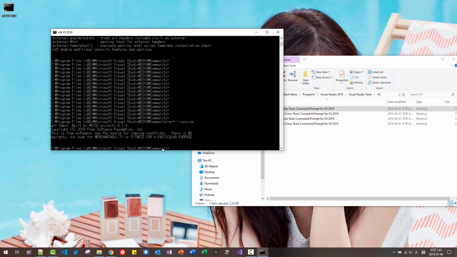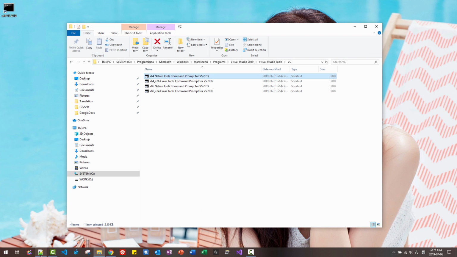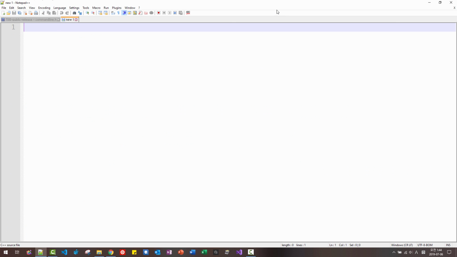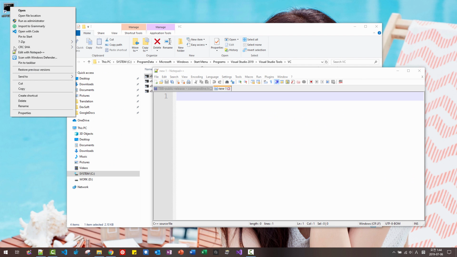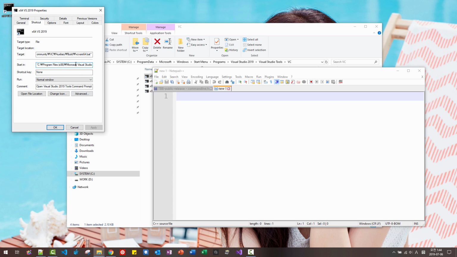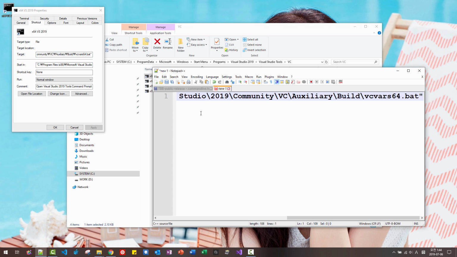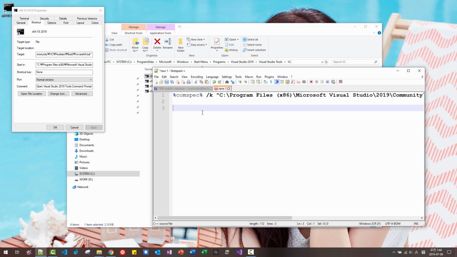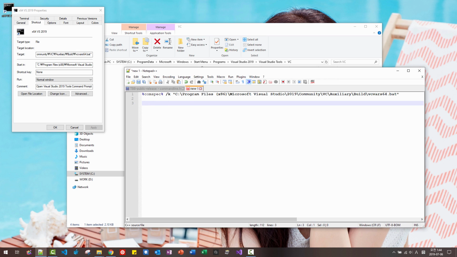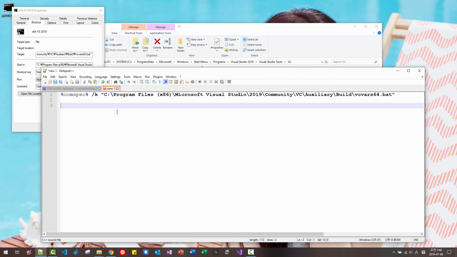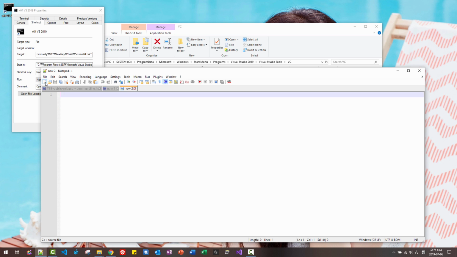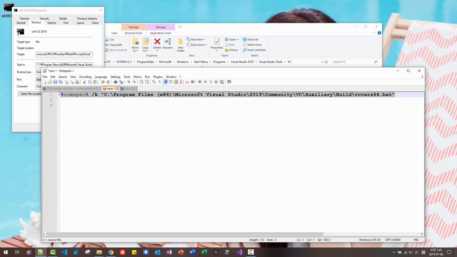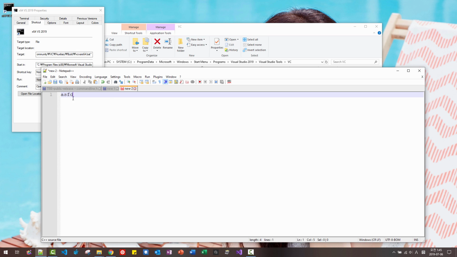Click all, close it, open your text editor, right click, properties, here target folder here, Ctrl A, Ctrl C, and paste it here, like this. You have to see this command. Create another file, copy this, and paste it here